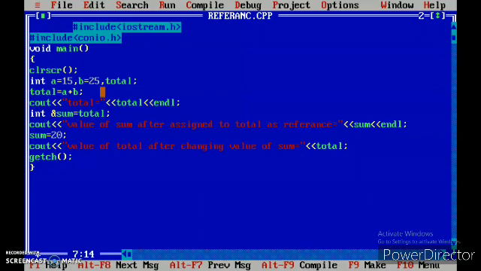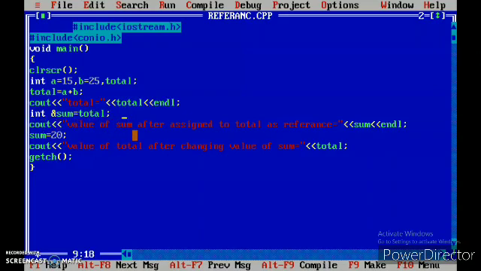Now the next line just displays the answer of a plus b. After that we have written one line: int &sum = total. That means here sum is an alias name for the variable total. Now whenever we try to display any one of these variables, it will display the same value for both. So in the next line what will we do?